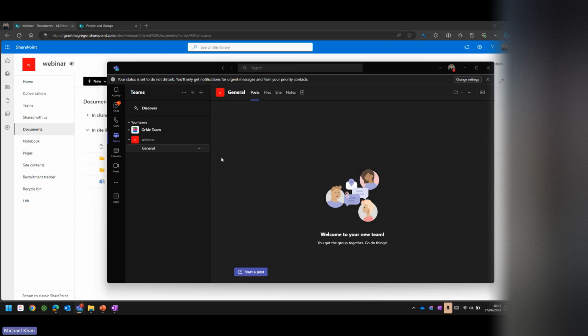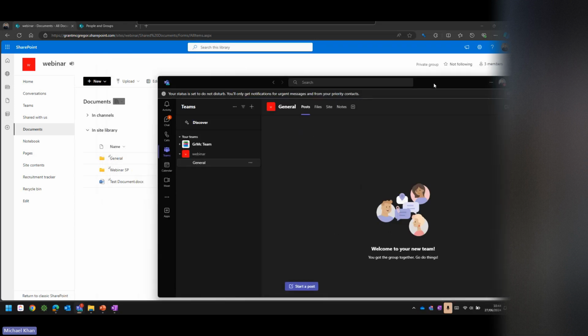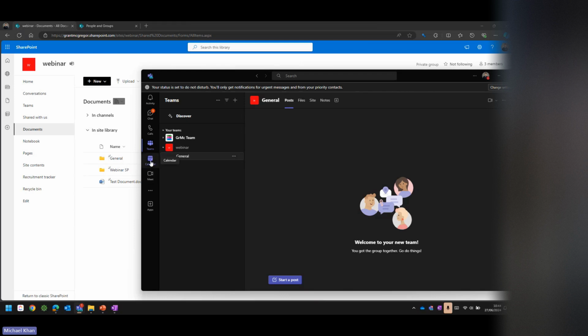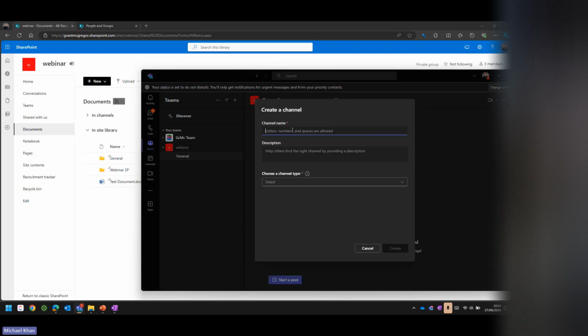You will find as well that this general folder has been created when this document library was linked with Teams. It creates its own, and what these are called is channels. So if I click on Eclipses here and click on Add Channel, I can just give it a name. So just going to test again. And then you'll have a channel type. Just for testing purposes, I'm going to select standard. I'll explain the other ones in a sec, but if I just create that now,